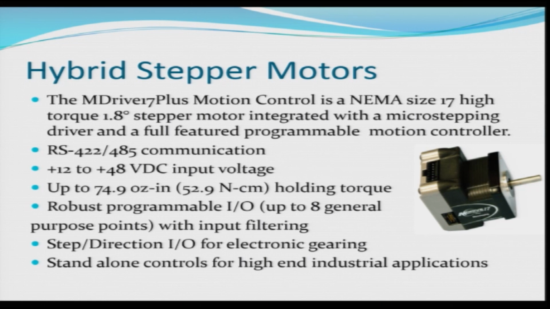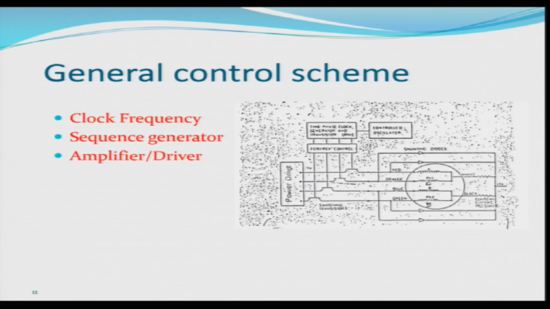The input voltage ranges from plus 12 volt to plus 48 volt. So, this can be used in variable torque applications, and the holding torque is about 52.9 Newton centimeter, and there are IO lines, up to 8 general purpose points, provided that provide robust programming with input filtering. This has inbuilt step direction IOs for electronic gearing. So, one can further gear the motor to achieve micro stepping. So, this is a standalone motor, having standalone controls for high end industrial applications. Once these motors are programmed, one can have a standalone control of the machines. Coming to our experimental part,